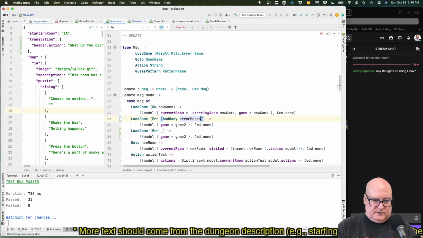Error message. Game equals that. It's almost like I need somewhere to put that message. I don't know, should the model have that? Nobody wants to see messages all the time.